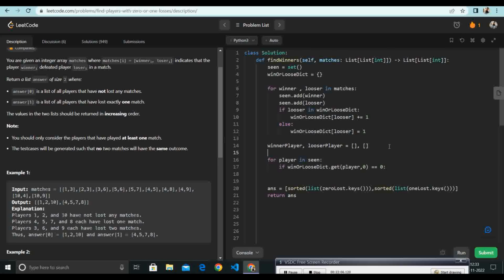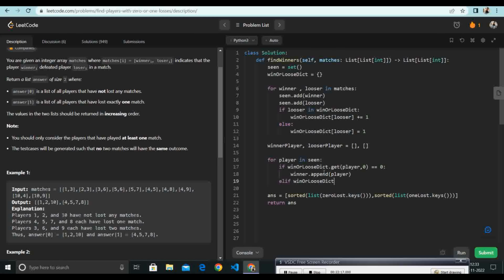Okay, now we have two. Now if this is the case, then I will simply append the player to the winner. If winner dot get player, if it is 1,